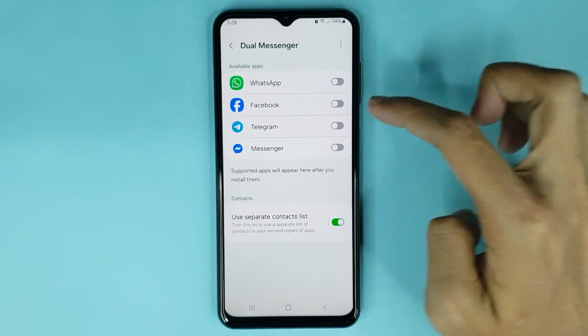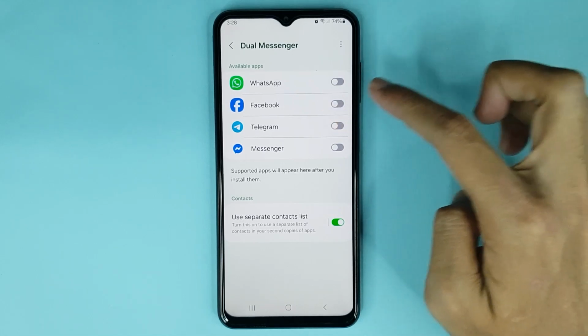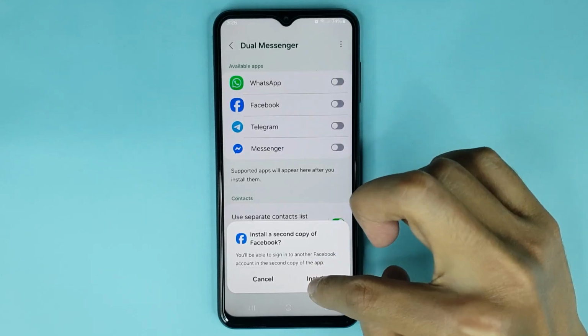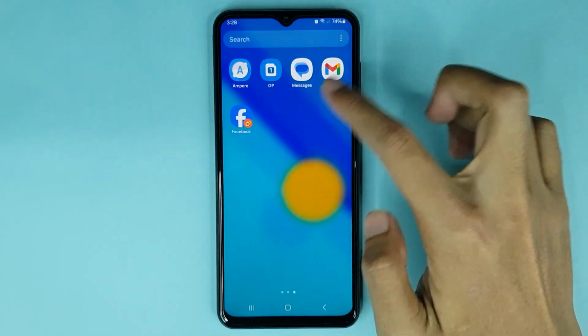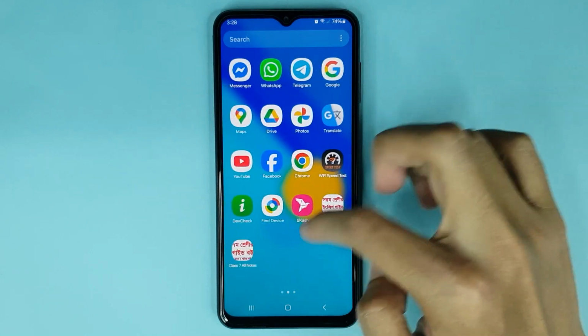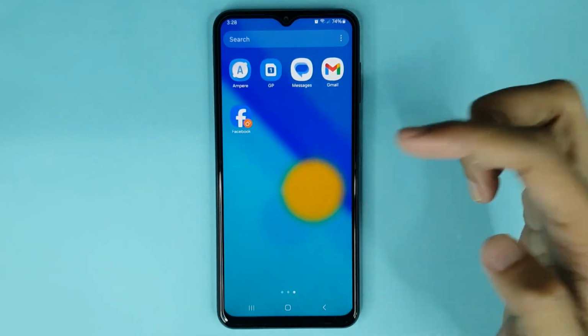If you want to clone your Facebook app, you just have to turn on this option from here. Then tap on install and it's done. Now just go to the app screen. And that's it. You can see there are 2 Facebook apps in my phone and the second copy of Facebook